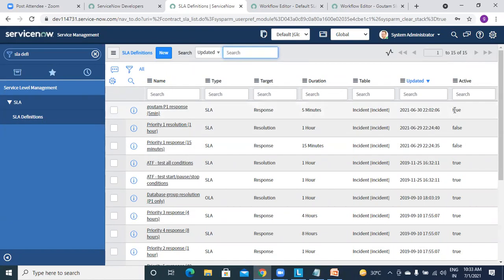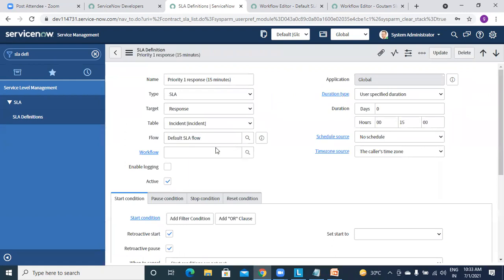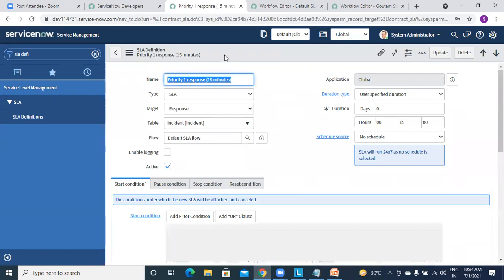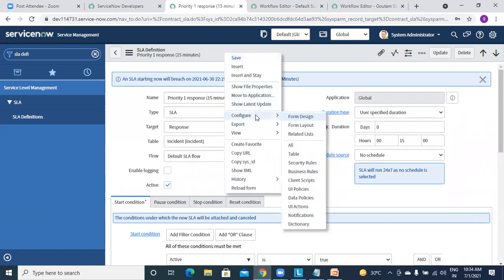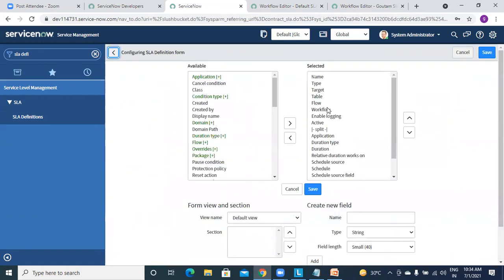So I am making this false for now, and let me open this, making this true. Okay, everywhere they are using only flows. Let me try from here. Okay, they have flows, but they are stopping that somewhere.